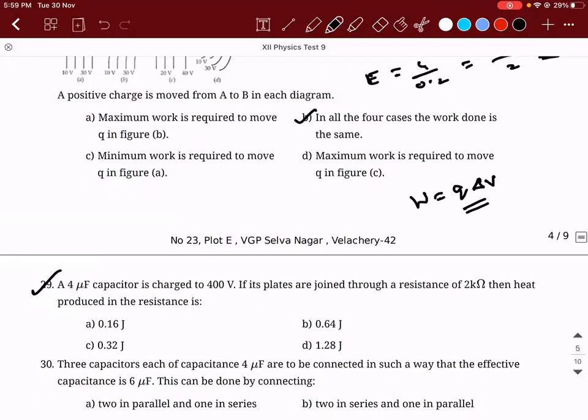29th. A 4 microfarad capacitor is charged to 400 volt. If its plates are joined through a resistance of 2 kilo ohm, then the heat produced in the resistance is...